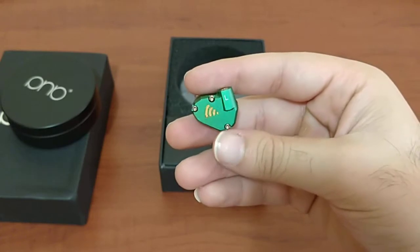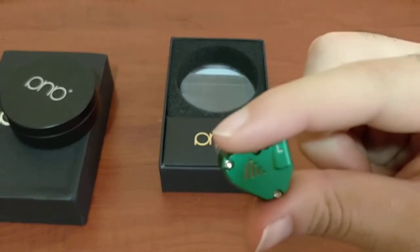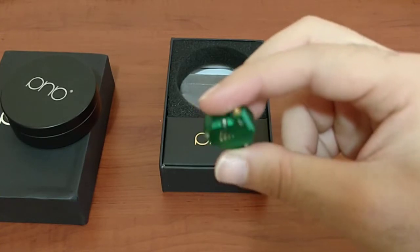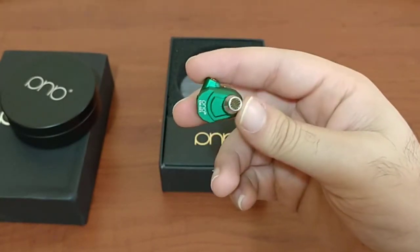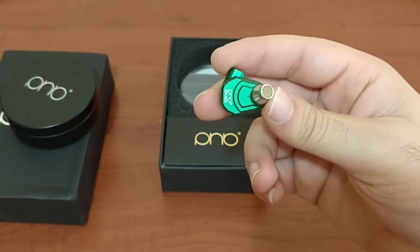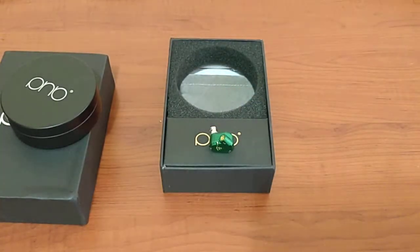Then if you're suffering from this, this is the earphone that you should definitely consider. You should definitely try this, because in this price range, most of the budget earphones tend to have the piercing highs. But this, you will be happy. When you buy these earphones, in terms of the piercing highs, this is the earphone to go for. You won't be disappointed. Definitely try this. So this is the review of the PHB